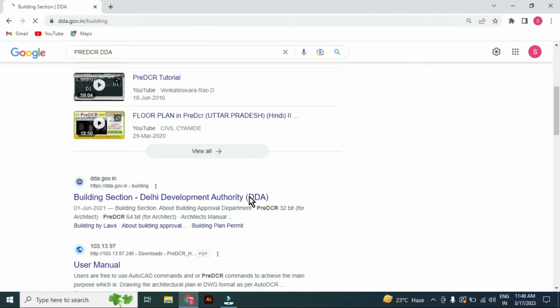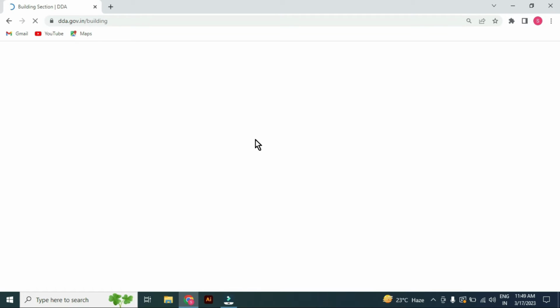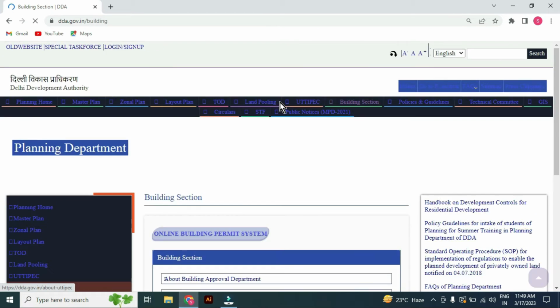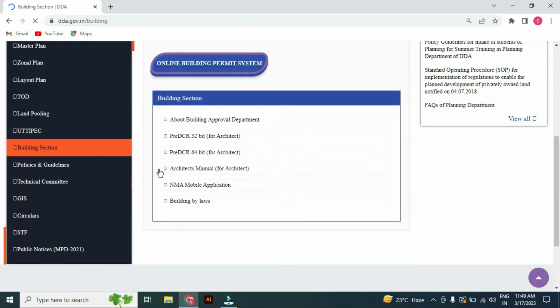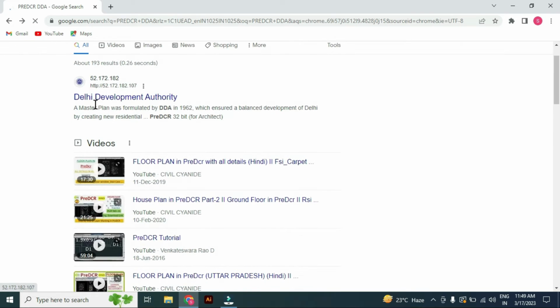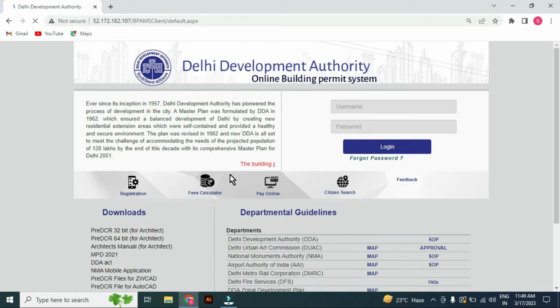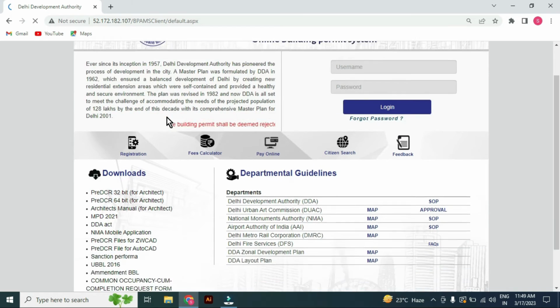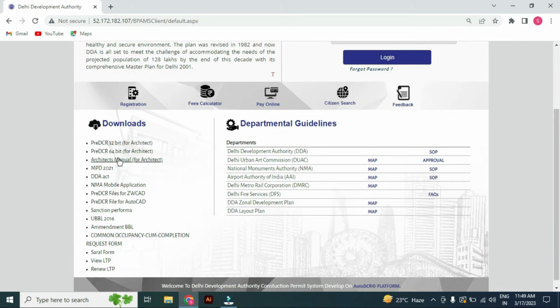For example, if we click on the second result, we can see that we can get the PreDCR software download link here for 32 and 64-bit. And in the same case in the first result, when we click here, we can get the PreDCR 32-bit and PreDCR 64-bit